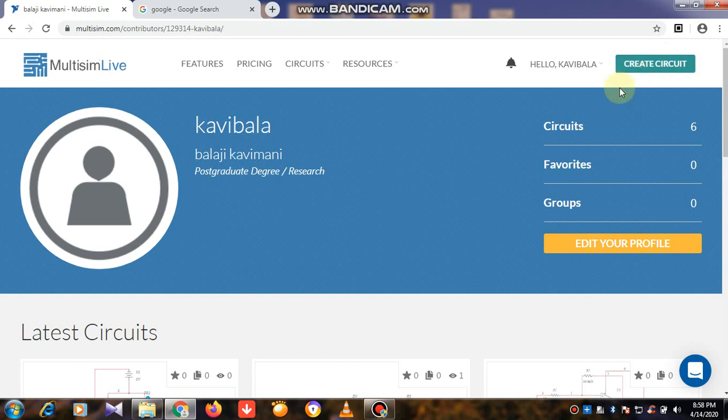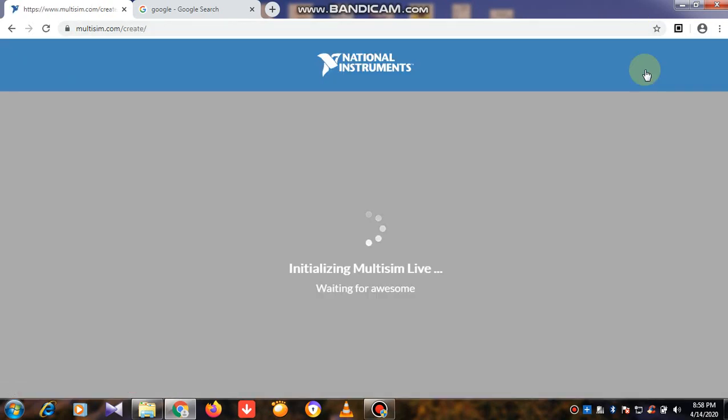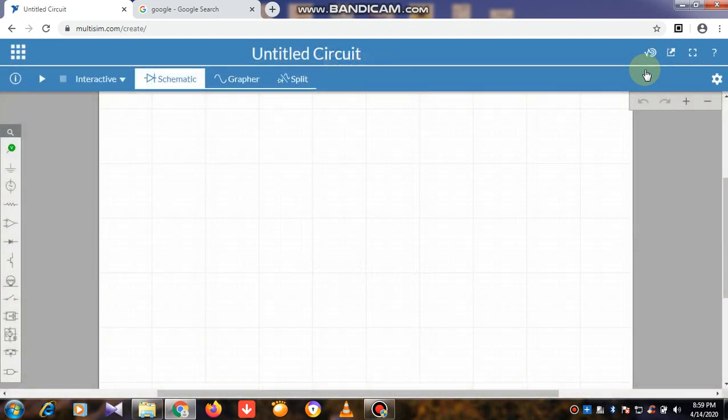Okay. I have already created 6 circuits using this Multisim Live simulator tool. The number of circuits already designed and stored in this particular account is shown here. So I simply create the circuit. In this video I'm going to design a half-wave rectifier.